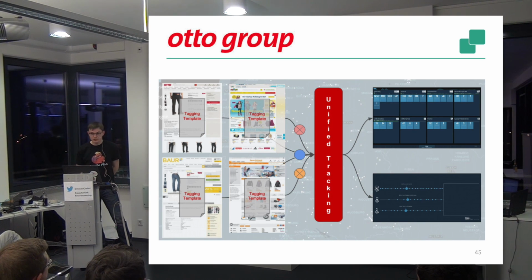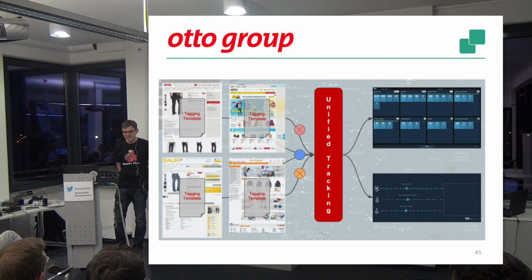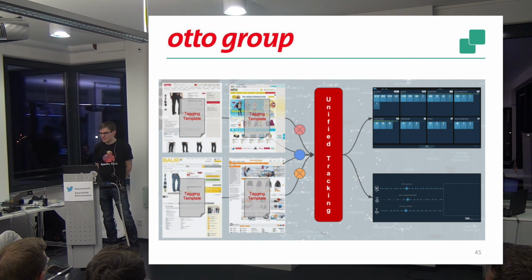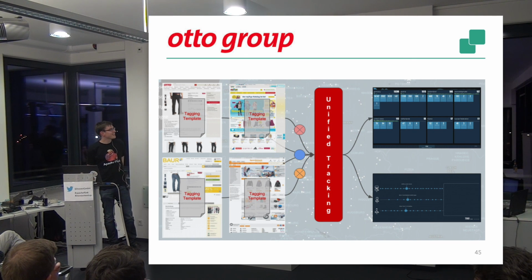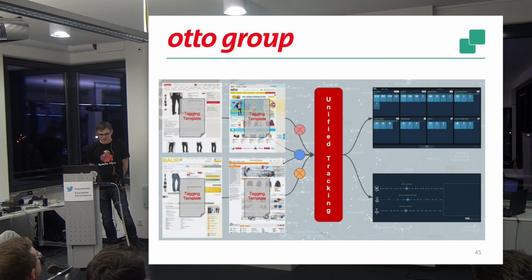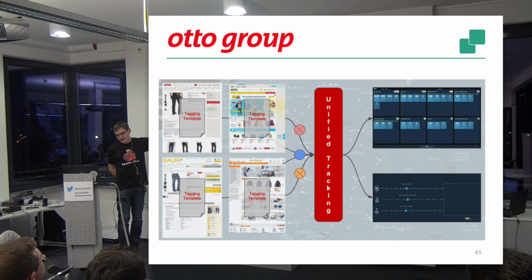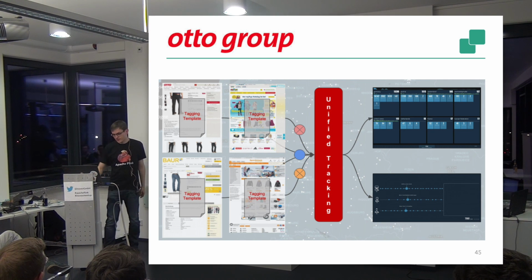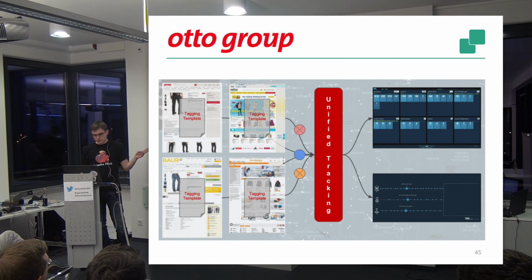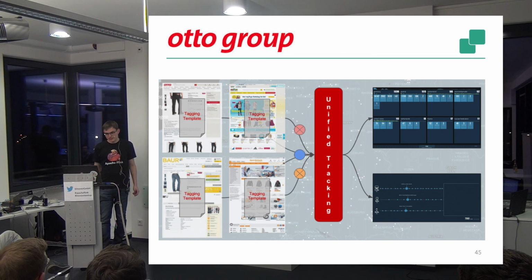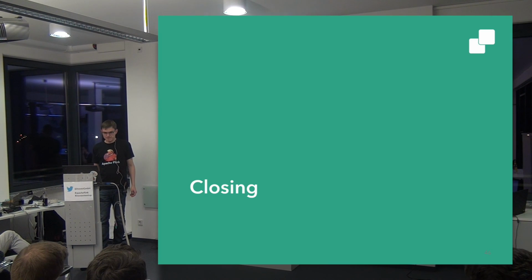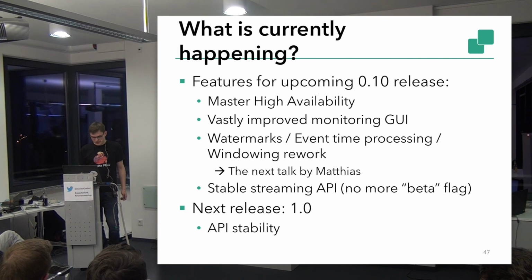Another company is Otto, which is the second largest retailer in the world after Amazon.com. I think a widely unknown fact. It's, I think, because they have so many small websites. And they are using Flink, or they are looking into Flink, for having a unified tracking of all these websites. There were, I think, 2 talks at Flink Forward, and there's a blog post in the Data Artisans blog where they describe what they're doing with Flink.